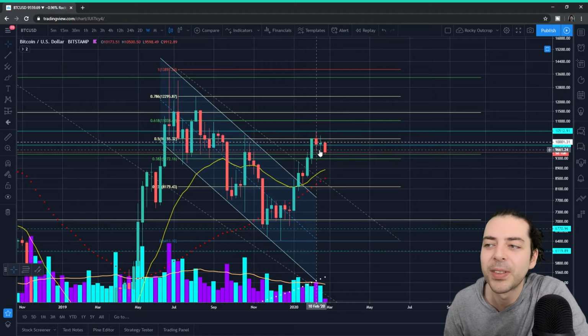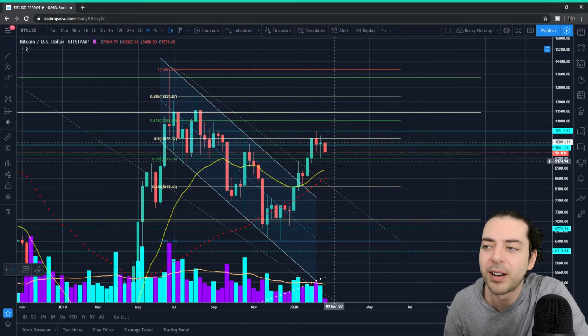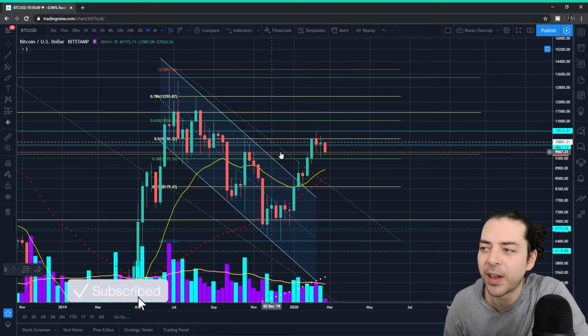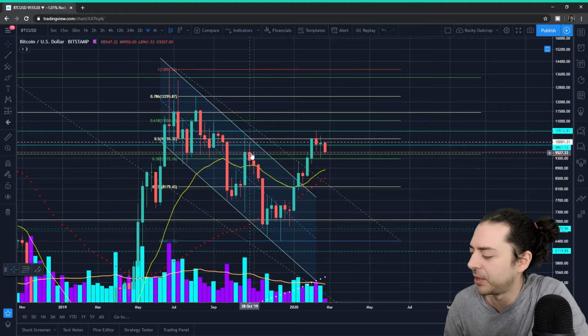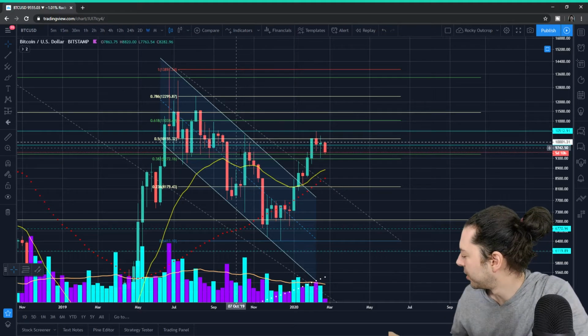So anyway, I started off on the weekly chart here really because I just wanted to draw our attention back to what we've really been talking about for the last couple of weeks, and that is whether or not we can have a higher low put in on the weekly chart here, and actually manage to,